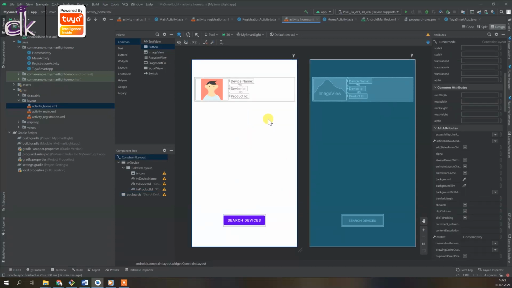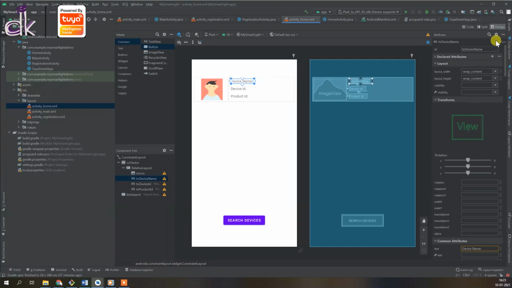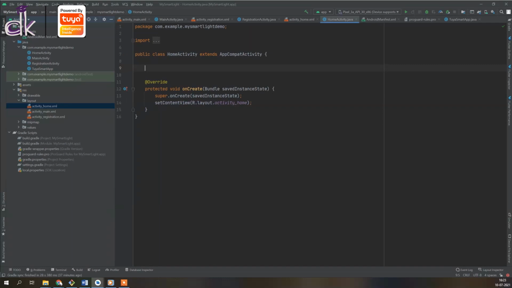All right, and here you need to change the IDs if you didn't do it in the code, right? So we did it in the code, so that's why you see device name and then device ID and then you have product ID, right? So we have completed the layout. So now we need to add the variables and bind it with these widgets, right?